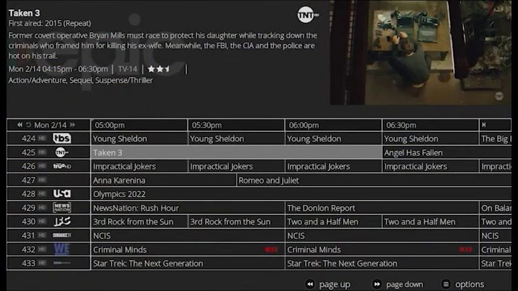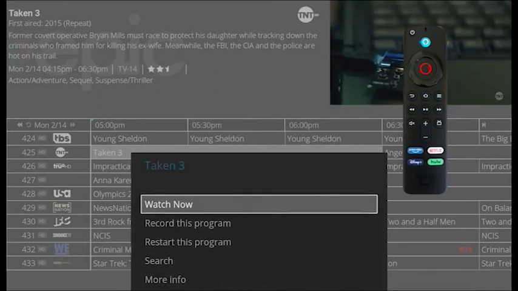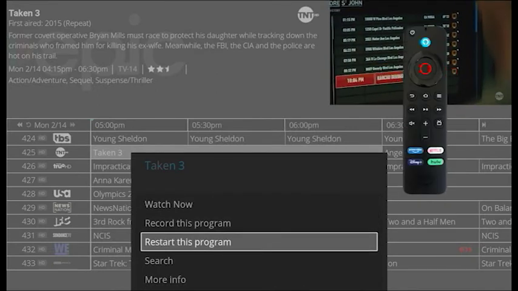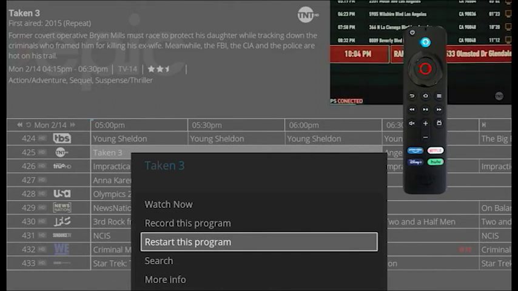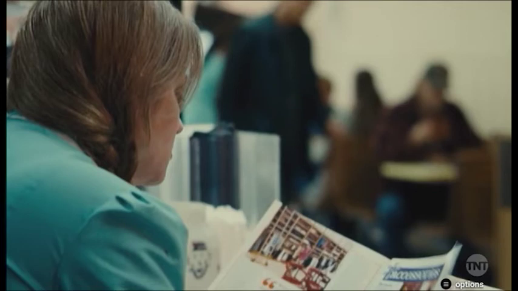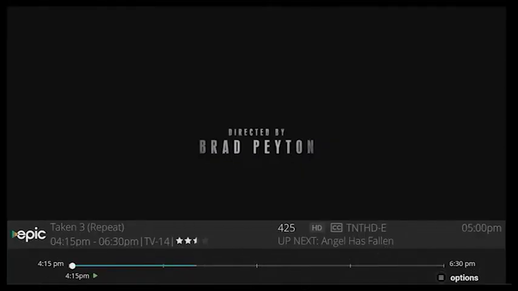From the guide, simply press Enter to bring up the options. Highlight and select Restart this program. This will start the program from the beginning and enter full screen mode. When the program is restarted, an information bar will appear at the bottom. This information bar has various information displayed, most important of which, in relation to the Restart TV function, is the